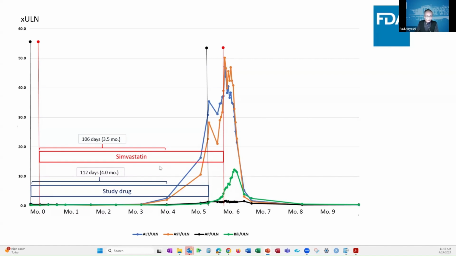And so this was enough for us to say, hey, the study drug could have done this, but you've got a pretty strong competing etiology here. And it took this drug off the Hy's Law list, actually. So my encouragement to you is if you're going to look at these cases, these line graphics, I think this is true of clinical medicine, out in the hospitals when we were using Epic, where I was, we could get these kind of graphs. And it was very, very helpful for trying to determine what was going on. So a line graph.